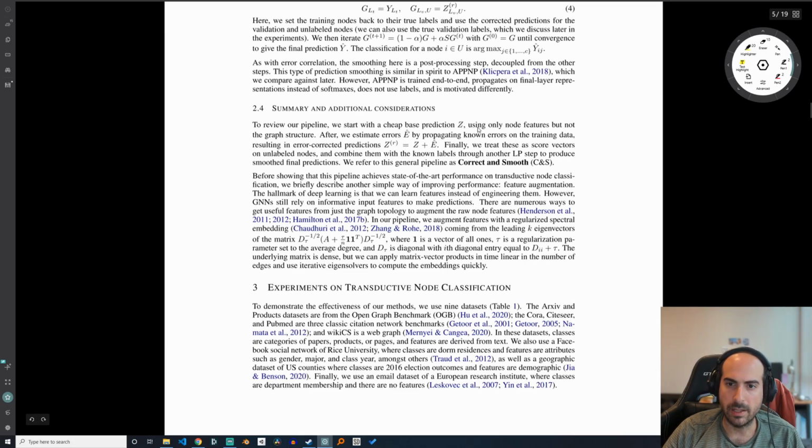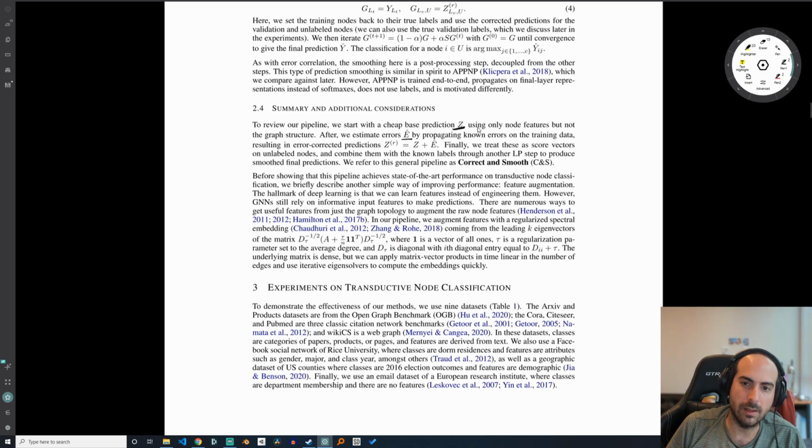So this is the cheap MLP prediction. And then basically, you know what the true label is, right? So you can look at the error that your MLP has over the known nodes. Not the unknown labels, the known labels, you would mask them out. And then once you get those errors,